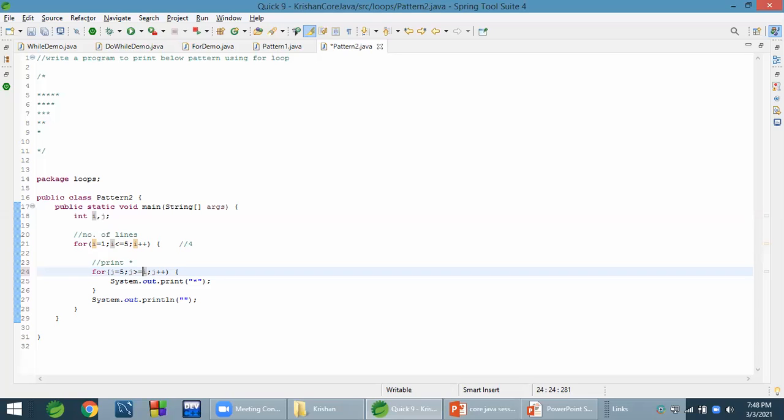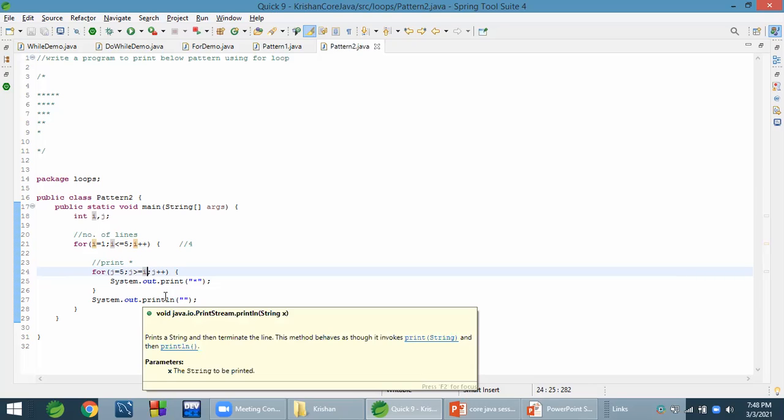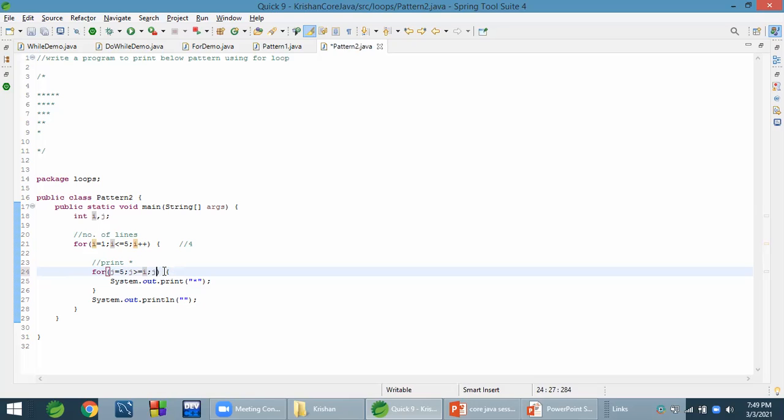We have to declare it. There can be many ways, lots of ways to do that. Out of that, we will do one thing. We will keep j equals to 5 and j is greater than or equal to 5. Okay, will it work? j minus minus. Decrement j. Then j should be decremented, correct?